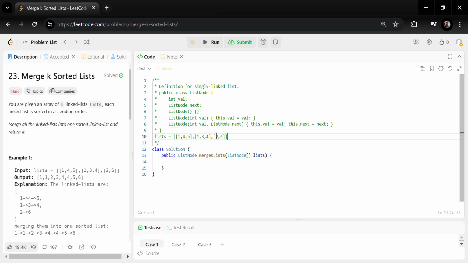We have also been given the list node defined here, which has val and next, the two parameters in the list node. So this is the list 1, 2 and 3. In order to solve this, we will define a priority queue data structure of list node, and it will be a minHeap, since we need the smallest element among the nodes at the root of the heap